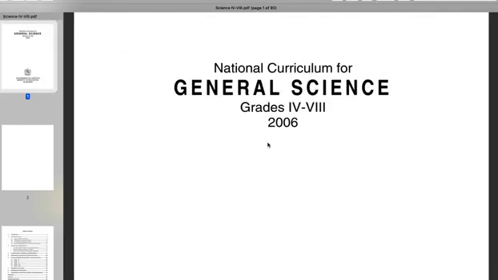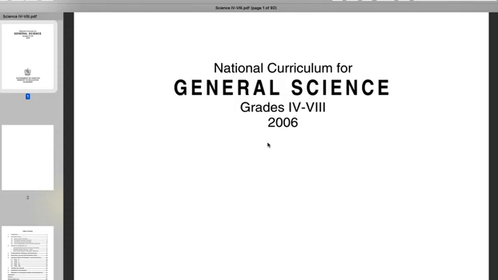सेकंड करिकुलम जिसको हम देखने जा रहे हैं करिकुलम फॉर इंग्लिश लैंग्वेज के बाद, वो है नेशनल करिकुलम फॉर जनरल साइंसेस। पहला ही फ़र्क नेशनल करिकुलम फॉर इंग्लिश लैंग्वेज में और जनरल साइंसेस में आपको इसके पहले टाइटल पेज पे ही नज़र आ जाएगा। नेशनल करिकुलम फॉर इंग्लिश लैंग्वेज जो है वो बनाया गया है फॉर ग्रेड 1 टिल ग्रेड 12 के स्टूडेंट के लिए। सो 12 साल की स्कूल एजुकेशन के तमाम गोल्स एंड ऑब्जेक्टिव उस करिकुलम डॉक्यूमेंट में बता दिए गए हैं।